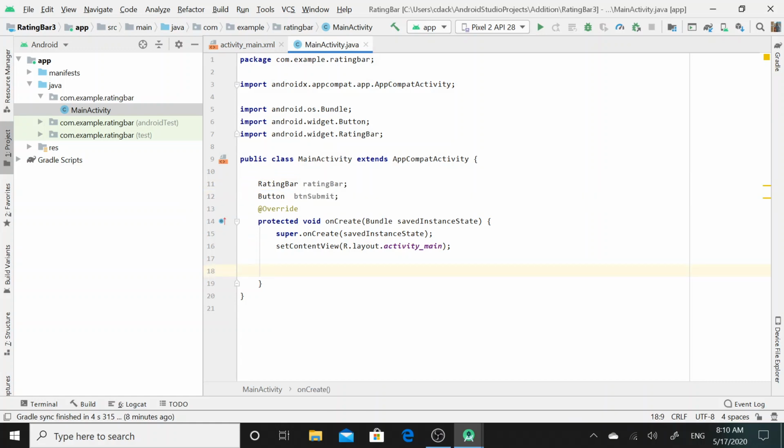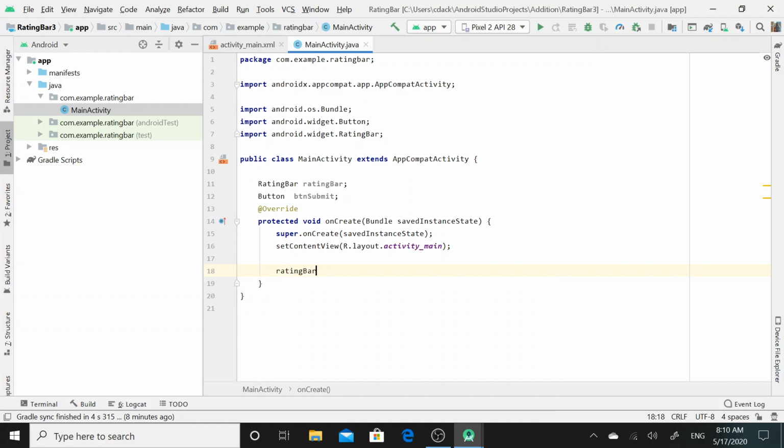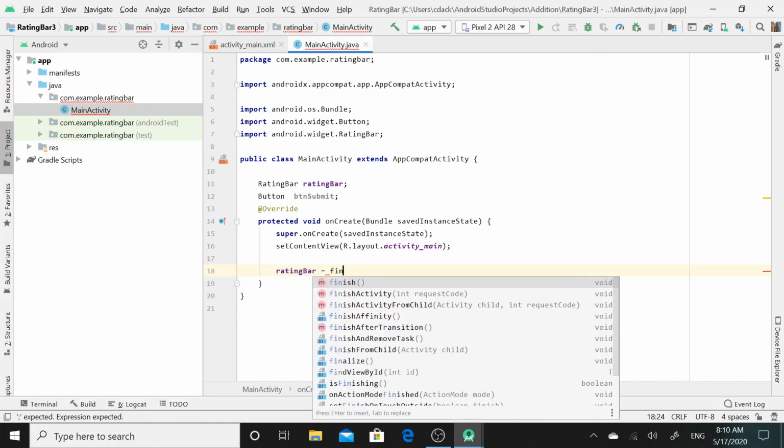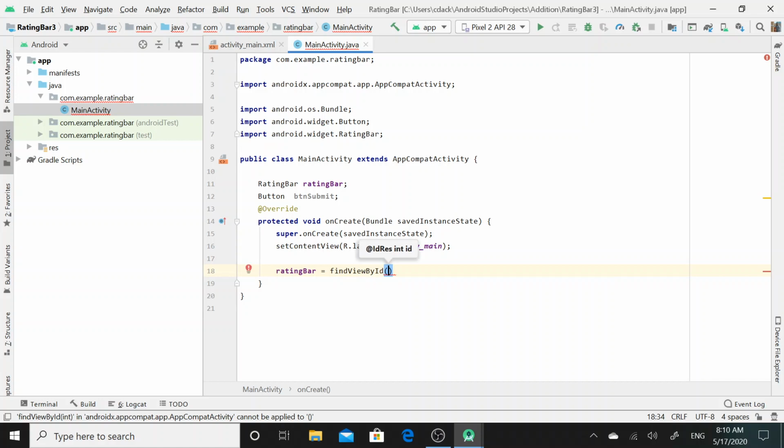So for that purpose, I will call here the reference of the RatingBar class, which is ratingBar, and with the help of the findViewById function, I will assign the rating bar UI widget's ID to this reference of the RatingBar class.